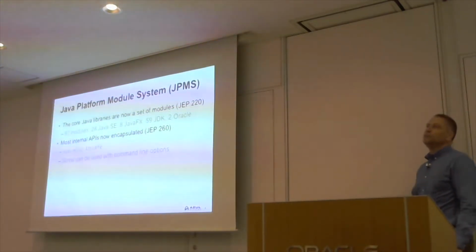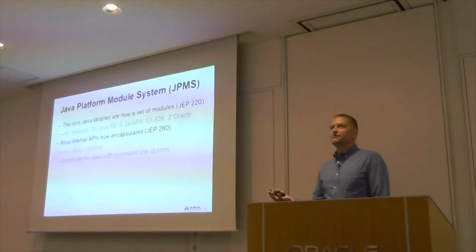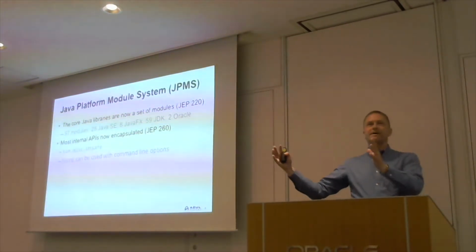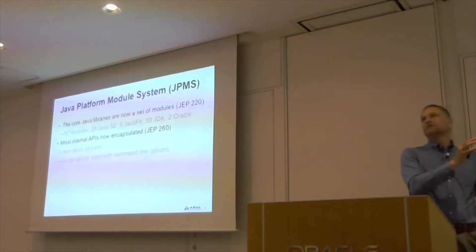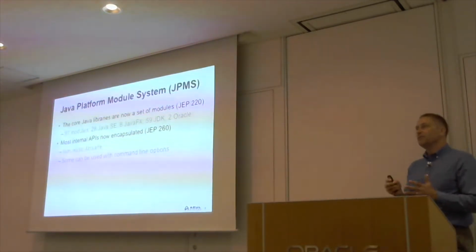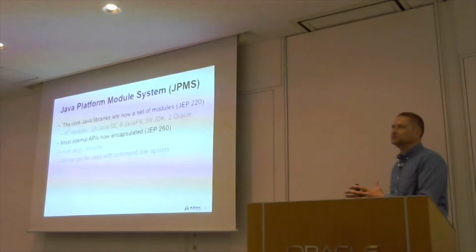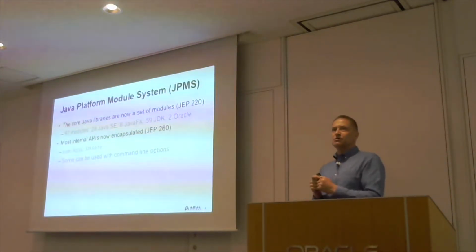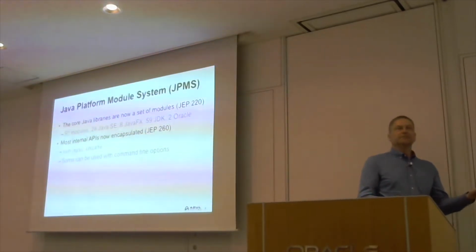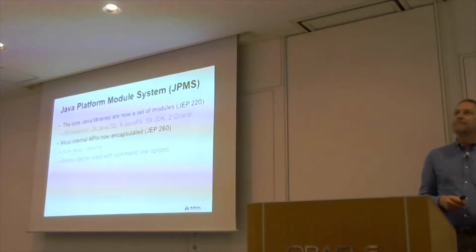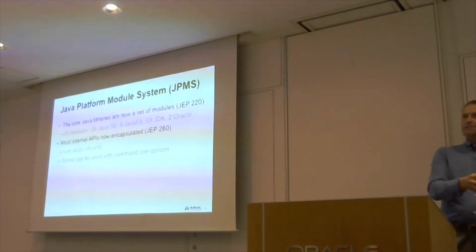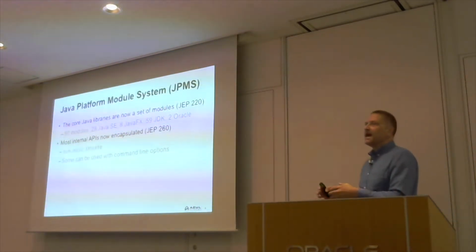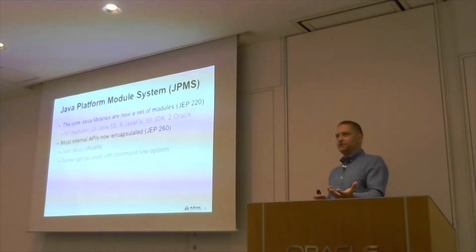As we know from the way that everybody's developing microservices now, monolithic is bad. We want to break it up into smaller pieces. And that's what a large part of the Java platform module system is about. Taking those libraries and breaking them up into more manageable chunks. The reason for that is quite a lot of reasons, but primarily it's about making it easier to maintain, easier to avoid security issues, and also for deployment.